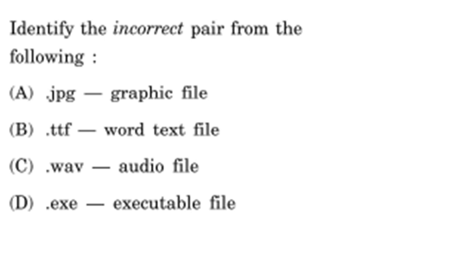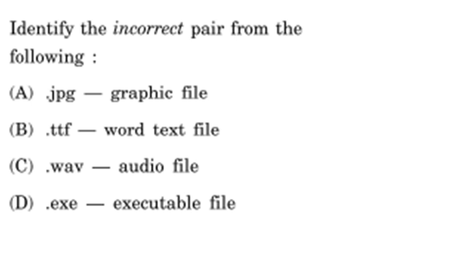So to start with our first question, identify the incorrect pair from the following. So here, file and its extension has been given. First option A is .jpg and graphic file. B option is .ttf to word text file. C is .wav to audio file, and D .exe